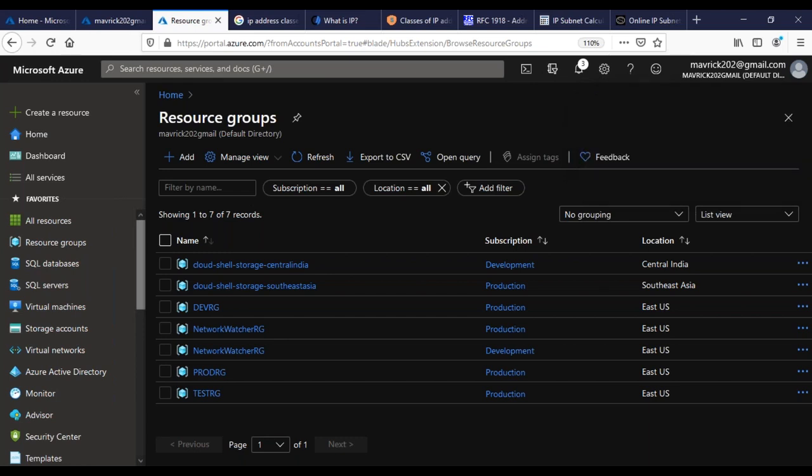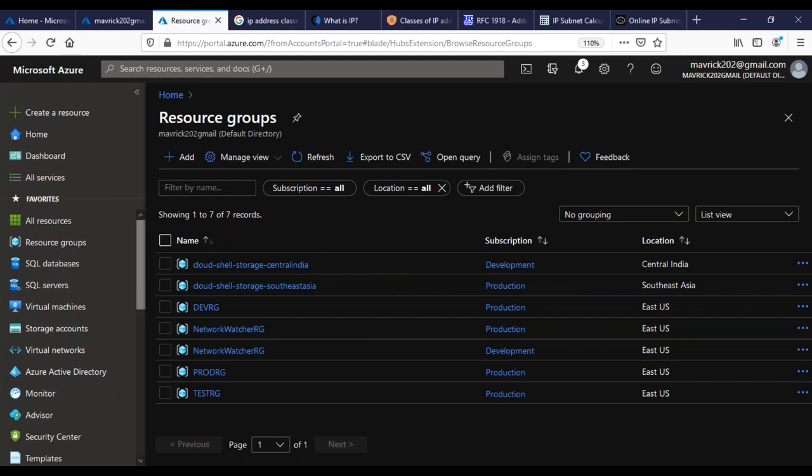What you can notice is all the 3 I have created in East US. But let me tell you, resource group is not a physical boundary. It is not a physical boundary, guys. If I say physical boundary, for example, what it means is you can't add any resources from the other region. See, the resource group has been in East US, right? But it's not a physical boundary, guys.